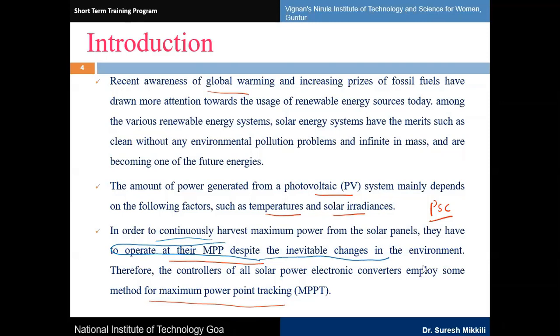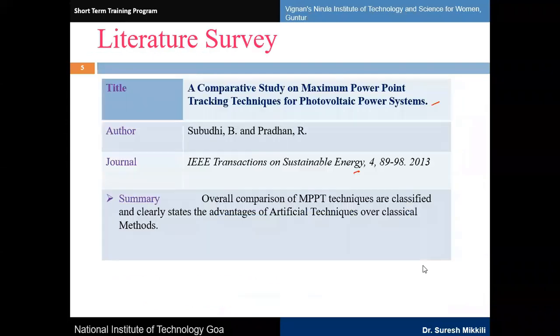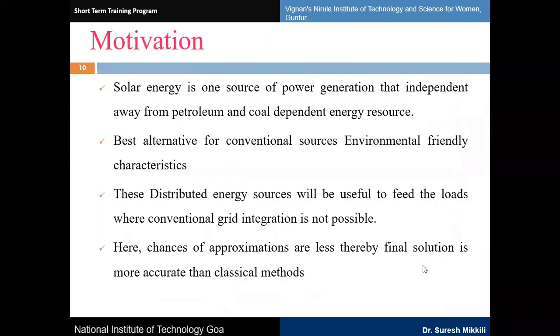So DC-DC converters are required. When we consider DC-DC converters, pulse signals are generated, and to the pulses I need to provide particular values, which the PWM signals have to give. To give the PWM signals, here we are using MPPT techniques, under uniform irradiance conditions or non-uniform irradiance conditions. That means during partial shading or constant irradiance conditions, the maximum power point gives better tracking capability. These are the literature surveys we have seen.